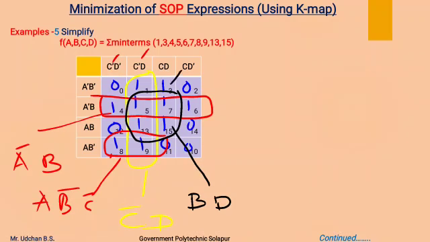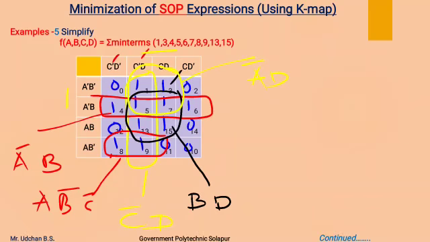Now this one is not encircled, so for that we will make another quad like this, and the equation for this will be A bar D. These two terms are related with each other, and these two terms A bar D. So the final equation,